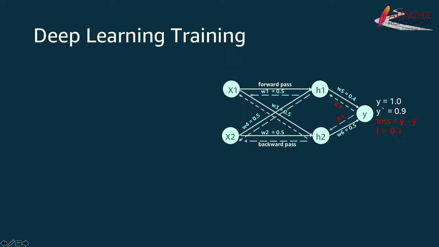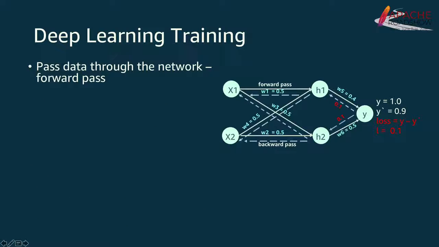Let's take this very dummy network, where it has an input layer with 2 inputs, a hidden layer, and an output. First, we pass samples from a data set. This is also called forward propagation. The layers are connected in between with weights, which are initialized randomly to start with. And then we define our objective function. Here, for illustration, it's very simple: Y equal to 1.0 is what I want.